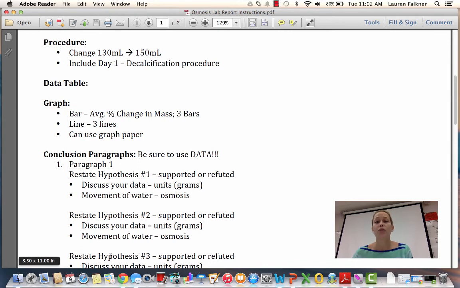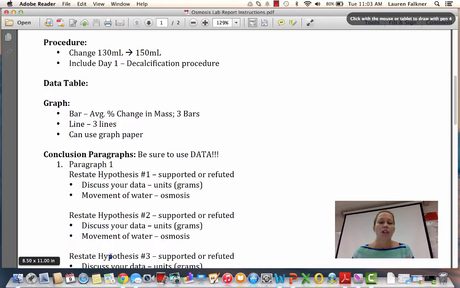The procedure is probably the easiest portion of your lab report at this point, considering the fact that it's pretty much written for you. The only things you need to alter is you need to change the 130 milliliters in the procedure to 150 milliliters. You also need to be sure that you include the day 1 procedure, which is the decalcification procedure. Even though you guys didn't technically do it and I did it for you, you do need to include it